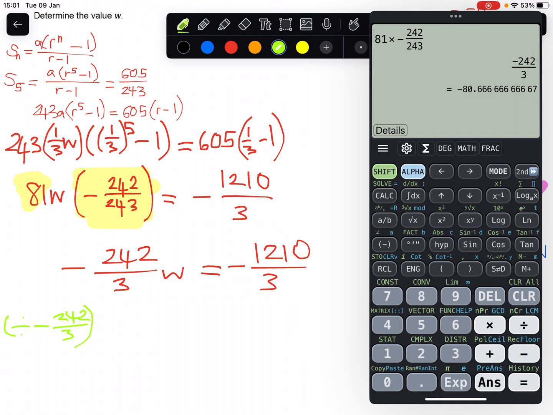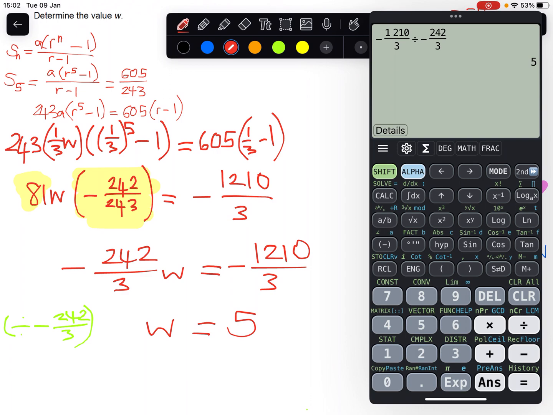We've got negative 1,210 over 3 divided by negative 242 over 3. Right, and that gives us such a beautiful little answer, man. W is equal to